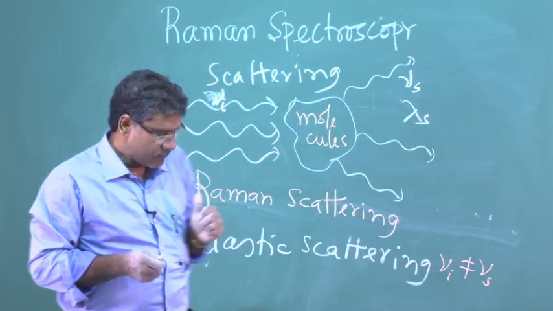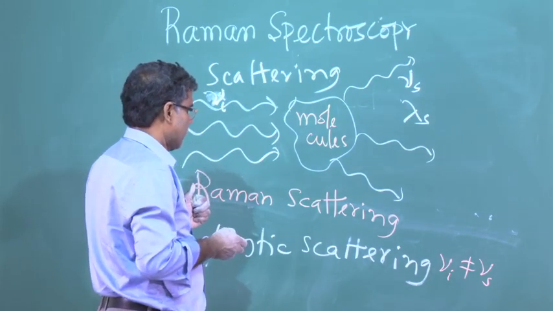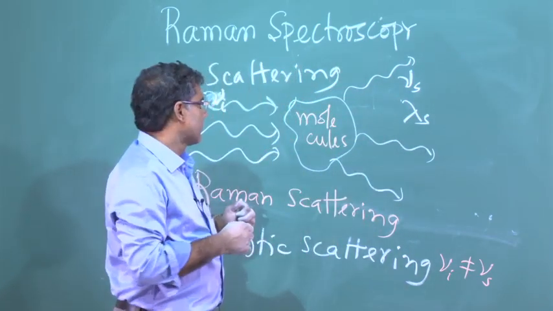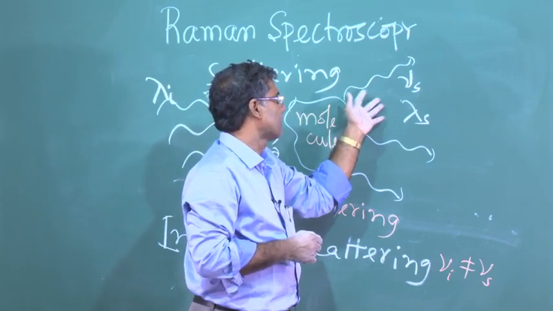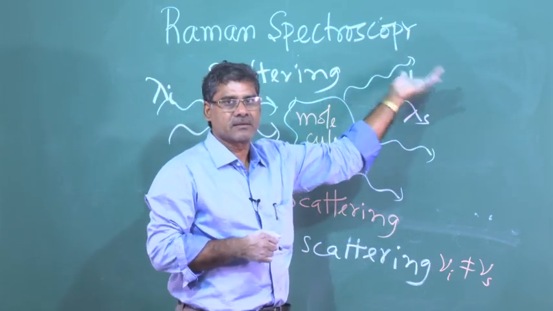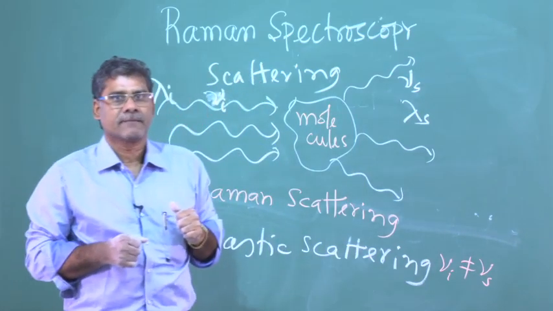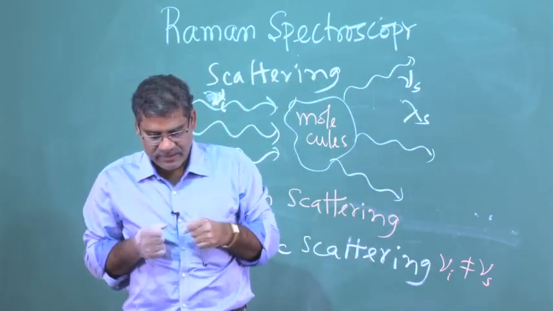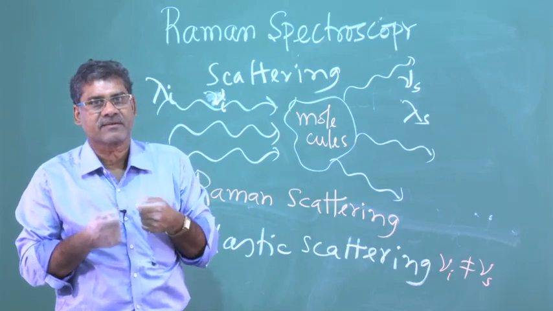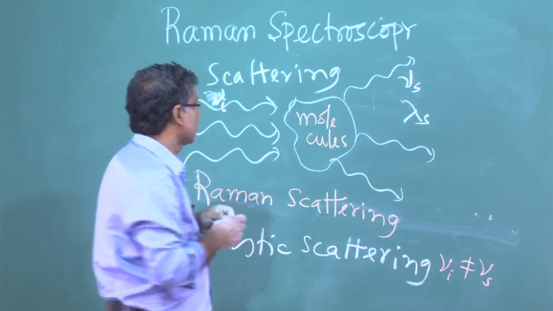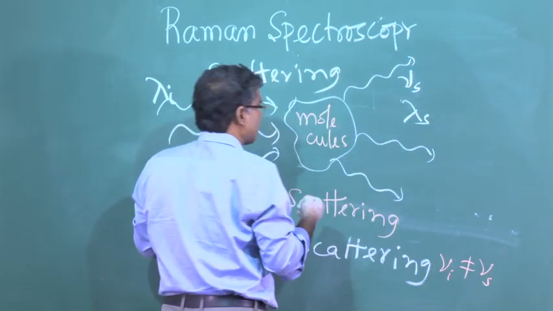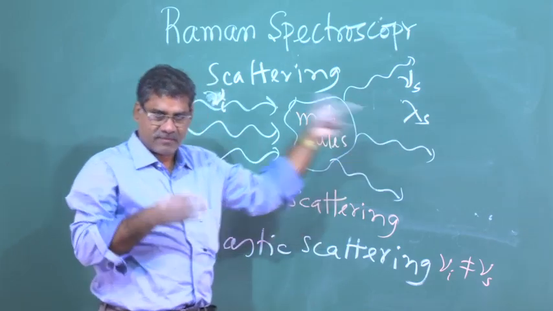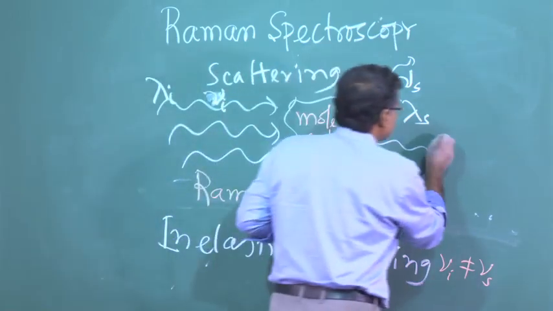Then he found that most of the light has the frequency of the incident wavelength, or incident frequency. But there is some scattered light, very weak light, meaning the scattering strength is very small. So, in the spectrometer, when he checked the wavelength of the scattered light, he found